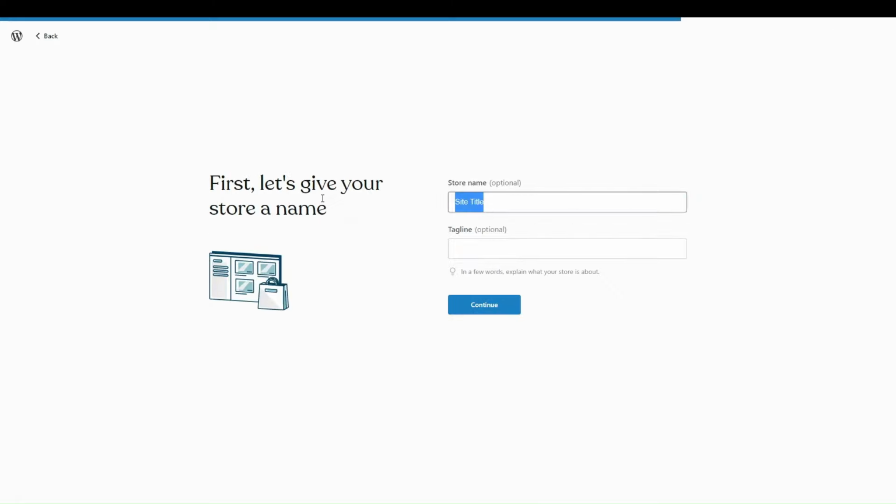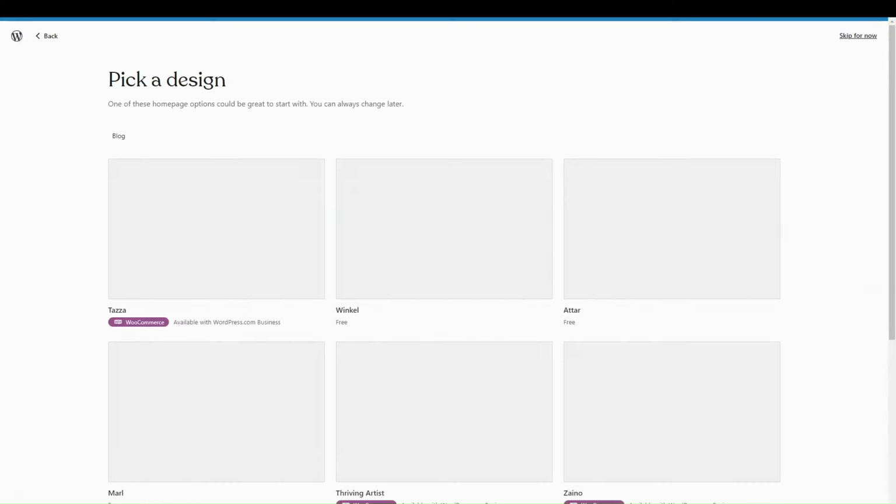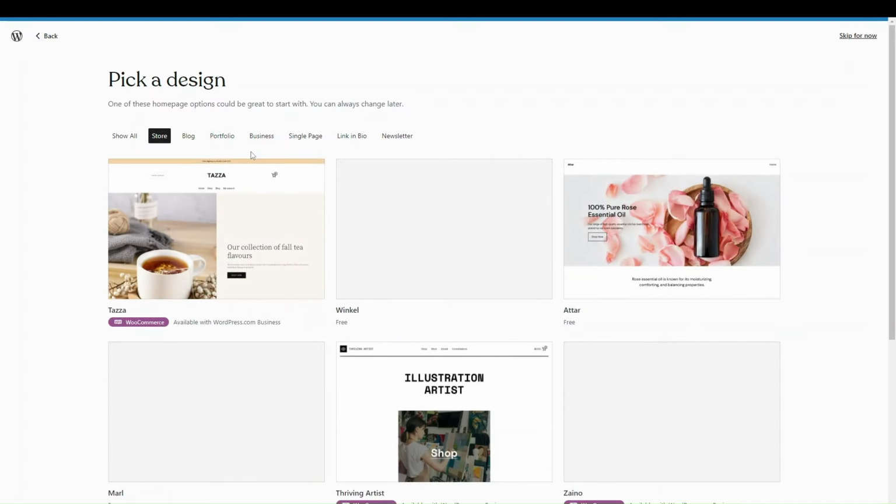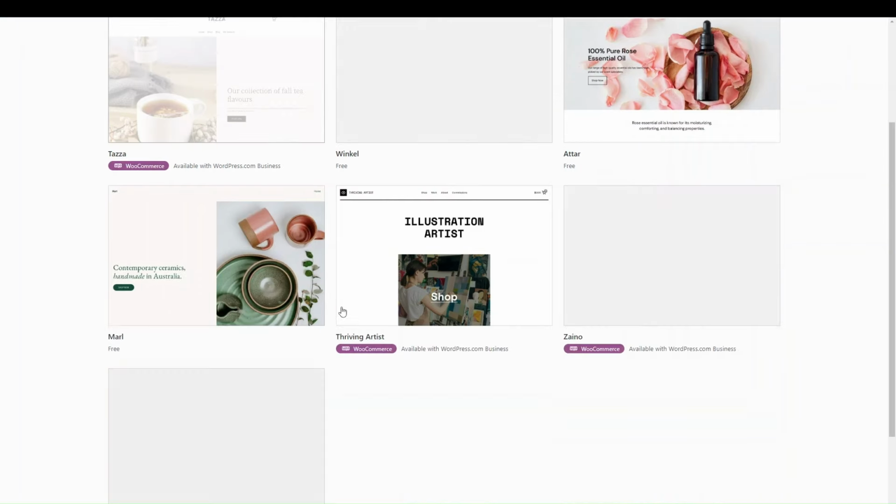And then you want to give a name. And you can give it a tagline as well. So explain what your store is about in a few words. Both of these are optional. The next thing then is to pick a design. So if you remember, we picked store and blog as our business goals. So it's showing me a lot of